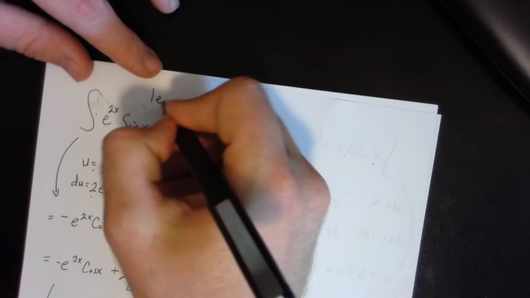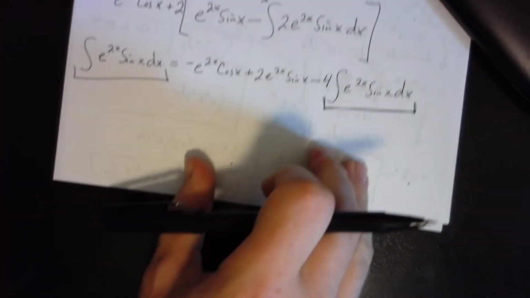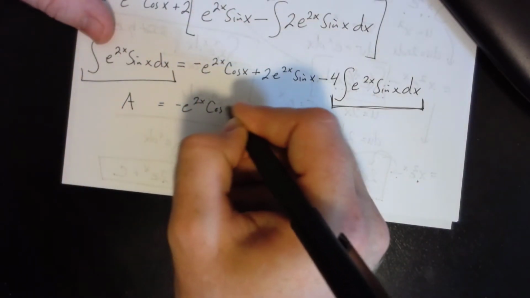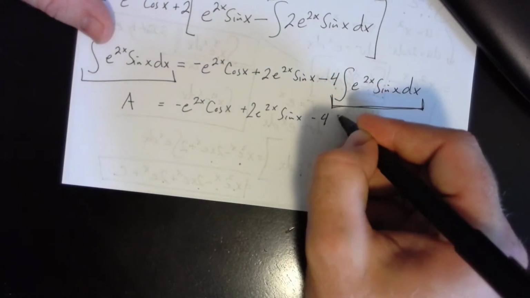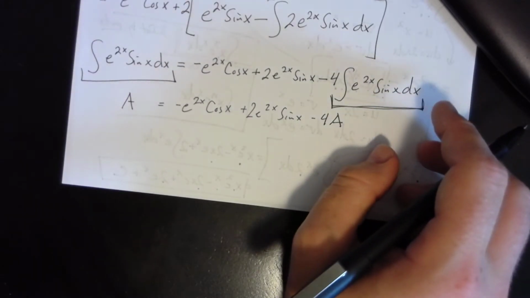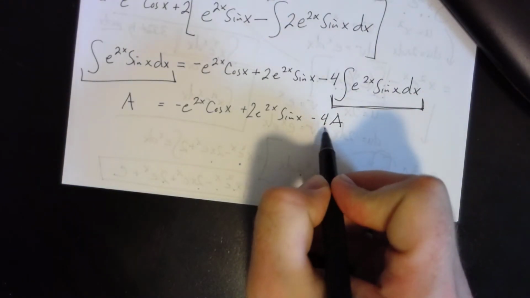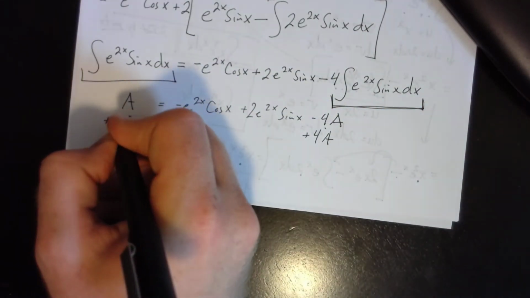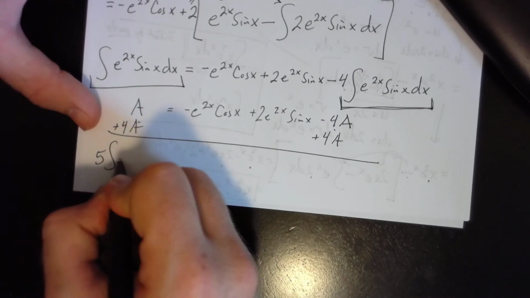So what I'm going to do is way back up here, I'm going to let this whole integral equal a, so that down here I can visualize this as a equals negative e to the 2x cosine of x plus 2e to the 2x sine of x minus 4a. Notice, by doing so, there are no more integrals in this problem. I will combine like terms by adding the 4a over, giving me 5a, or 5 of those integrals,